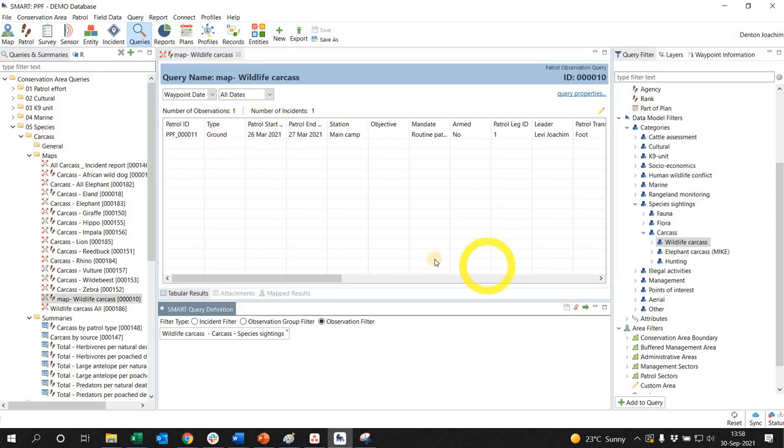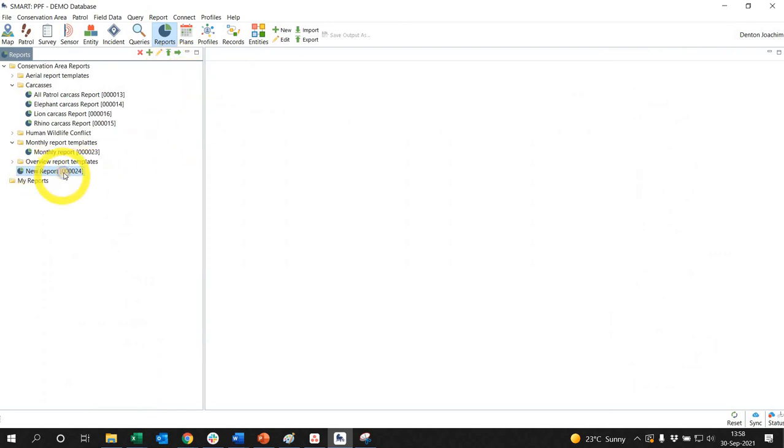Once you see the results, change the name and save it under the correct location. Okay, so now I've saved it, and now I know exactly where it is. It's under the species carcass mapping. I'm going to now add it to my report. So I go to reports, view reports, and here's my new report. So I edit it,